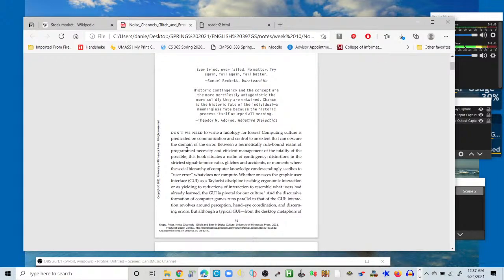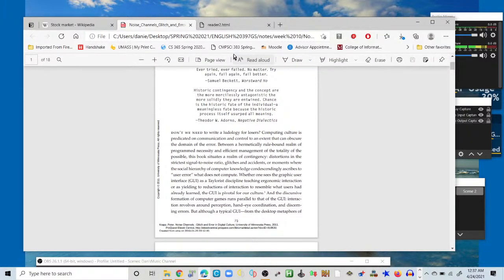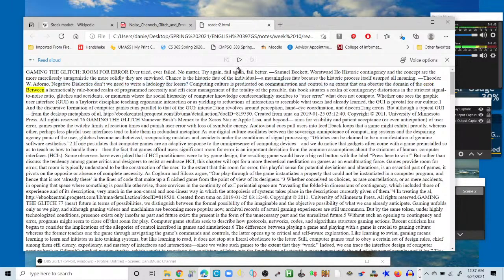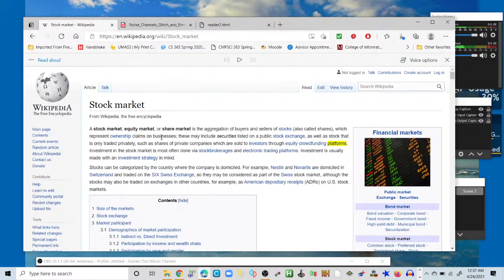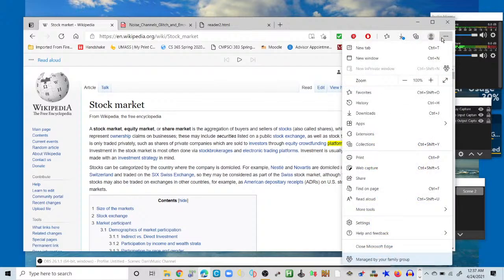Computing culture is predicated on communication and control to an extent that can obscure the domain of the error. Okay, so I won't go too far with that. But that's what you could do in terms of reading PDFs and reading articles. It comes as part of Microsoft Edge, so make sure you have Microsoft Edge up to date in order to do that. I think you can go to help